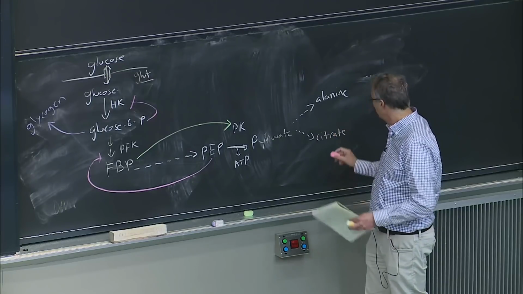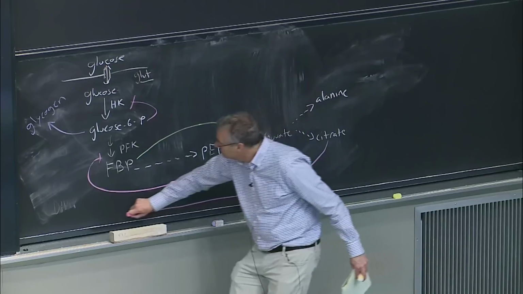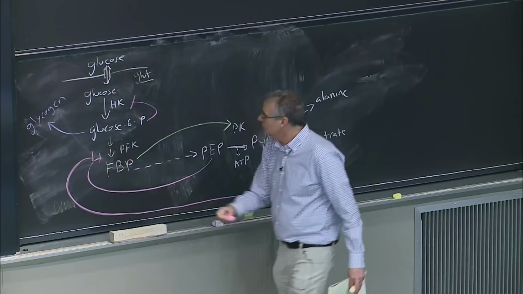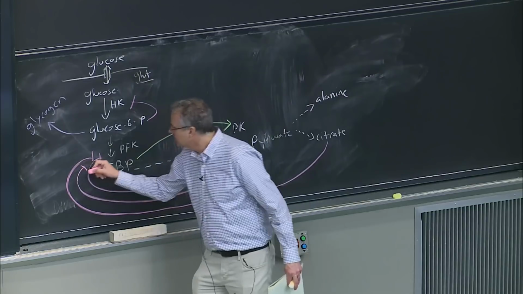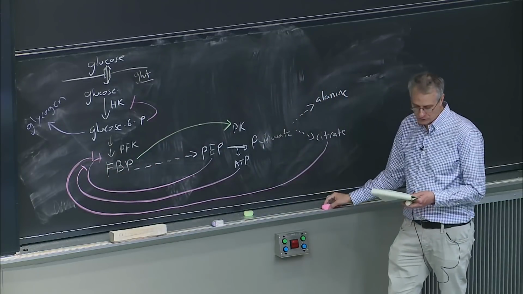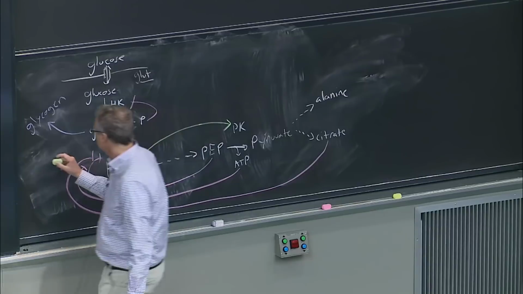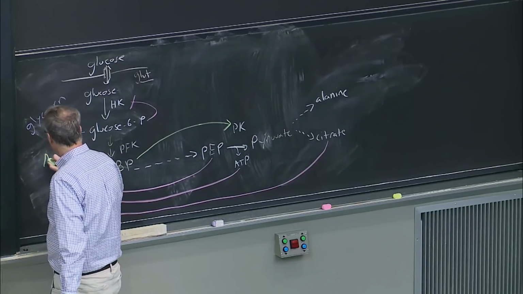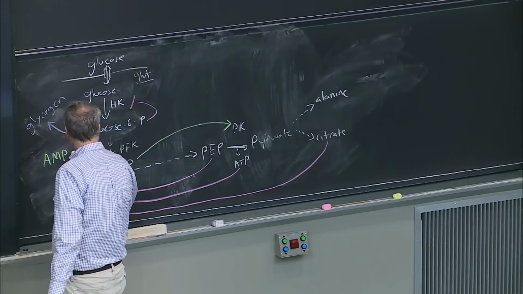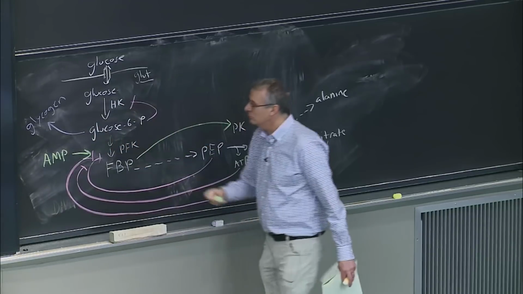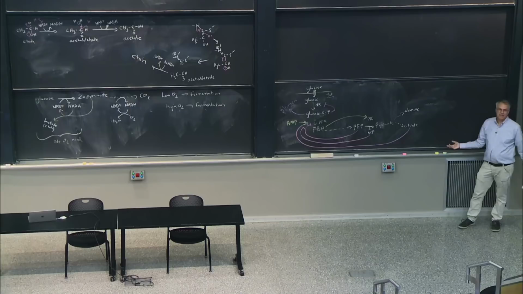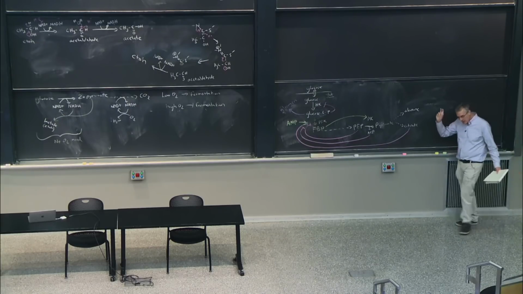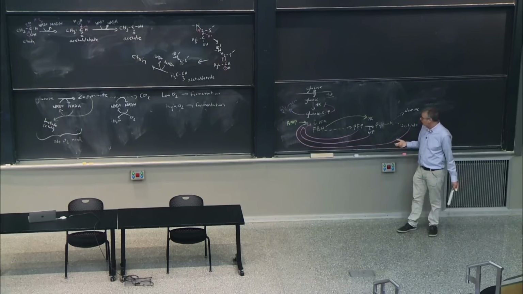It turns out that high levels of citrate will also inhibit PFK. High levels of ATP will inhibit phosphofructokinase, whereas high levels of AMP will activate phosphofructokinase. Makes sense. A major output of glycolysis is to keep the ATP-ADP ratio high, the energy charge high in the